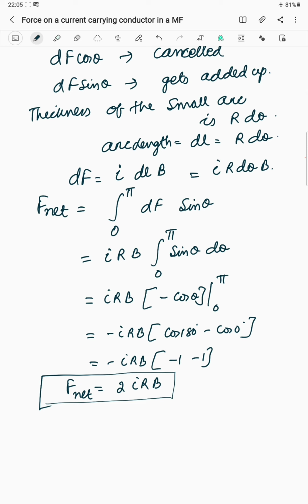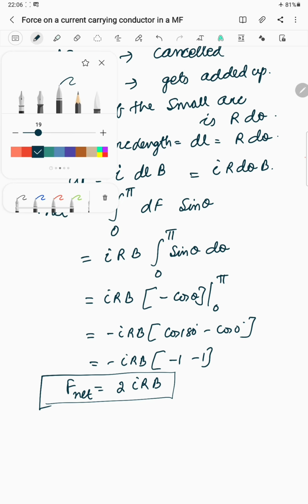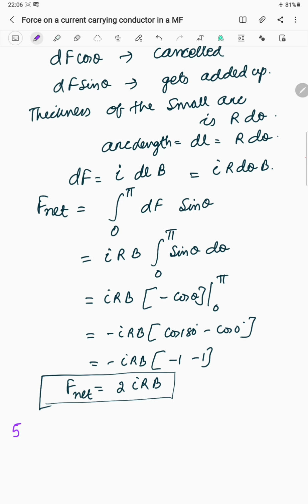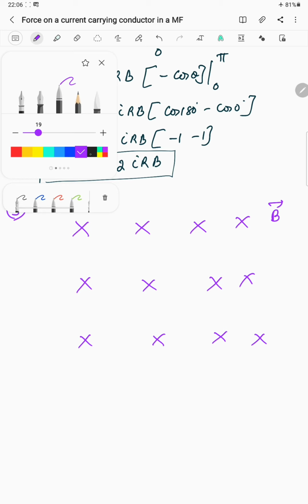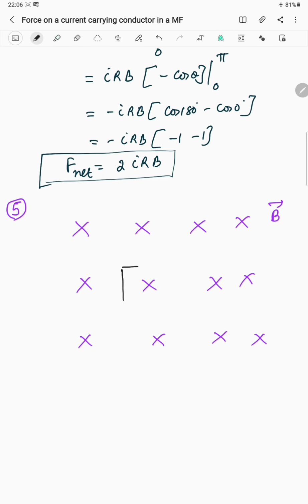Followed. Moving to the fifth question. In the fifth question, we again have the magnetic field which is cross. That means it is into the plane of the paper. Followed. Now how does the current carrying conductor look like? It is something like this. The current carrying conductor is a rectangular current carrying conductor of this shape. Now what is the direction of the current? Actually, let us take it as a square. Don't take it as a rectangle, take it as a square.